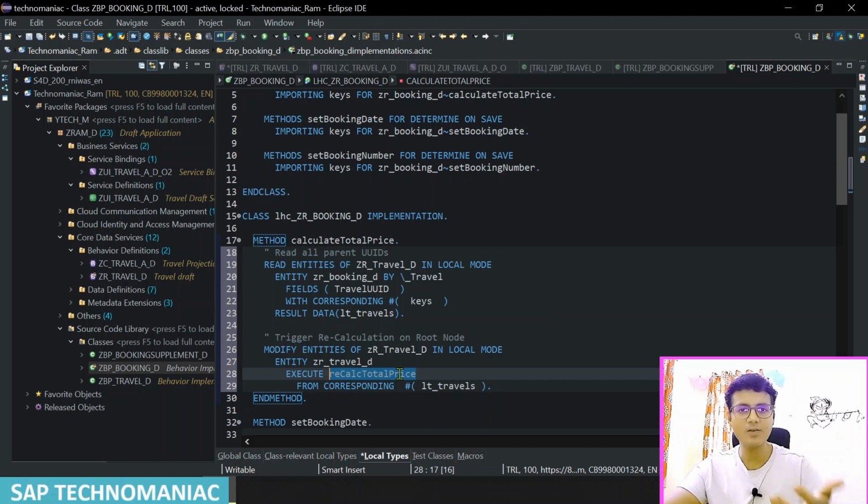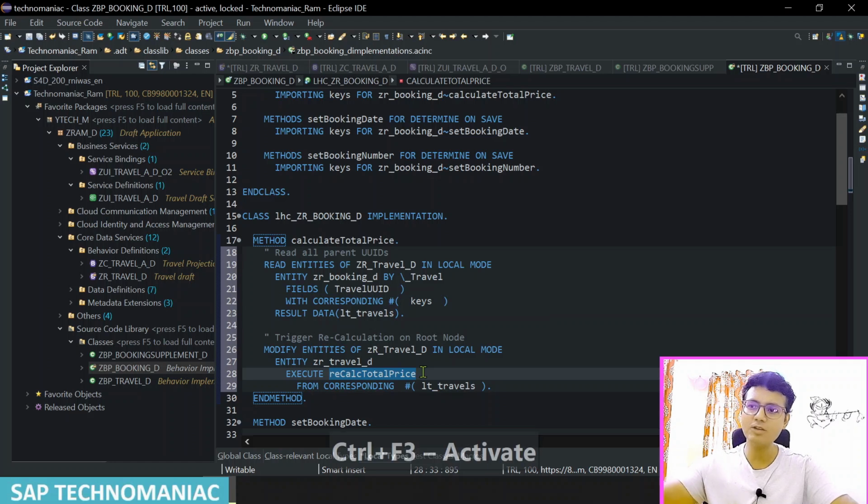Basically, in this section, what we have written is for that travel UID, what all are the booking fee, and what all the bookings are there, for those bookings, what is the flight price, what all the booking supplements are there, for those booking supplements, what is the booking supplement price. We are adding up those, or we are getting in one table, adding up those after the currency conversion and putting in the total price. So that we already explained in my previous video. I'm just calling this particular internal action here. So this thing we have done, Control F3,